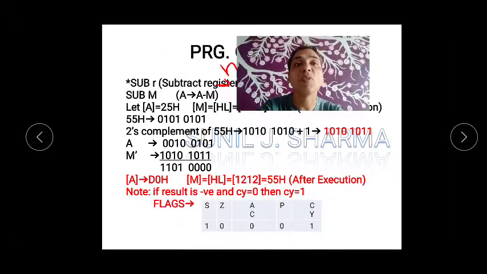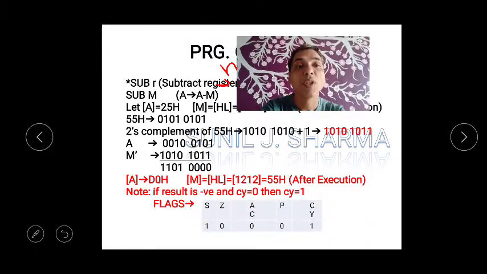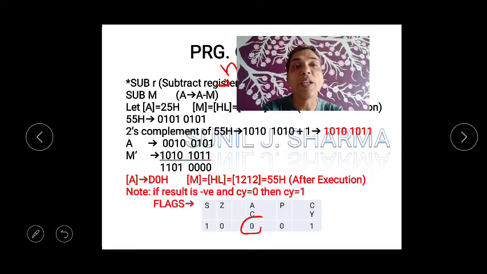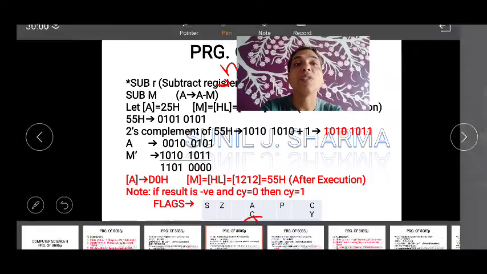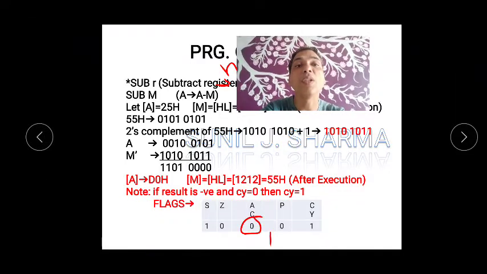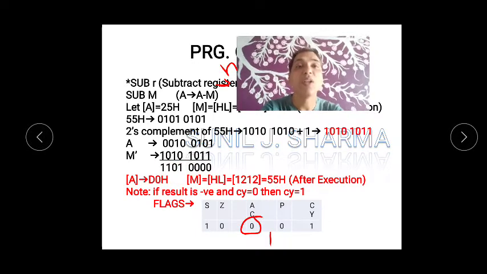I think there are small mistakes because I think the auxiliary carry flag has to be 1. Okay, then can you see here, this is 1, 1 plus 1 is 0, carry 1, 1 plus 1, okay, so I think this is perfect. Now this is nothing but D and this is nothing but 0. Now can you see we got this.